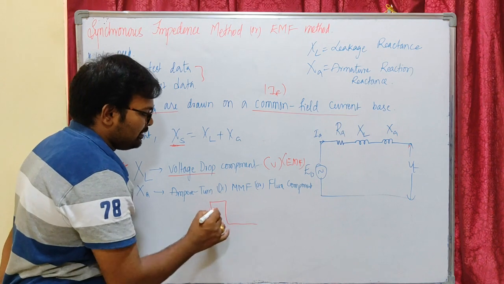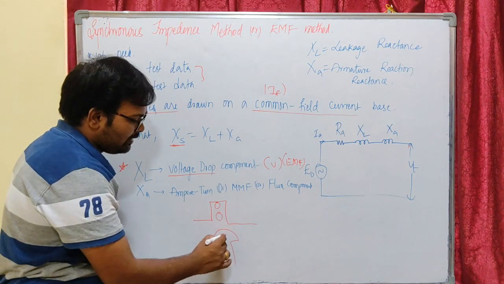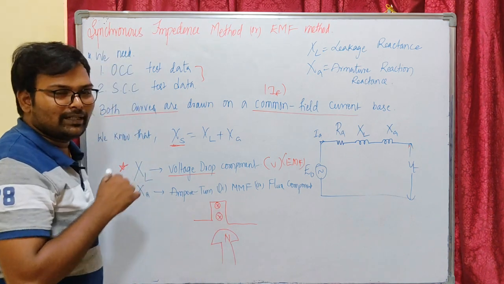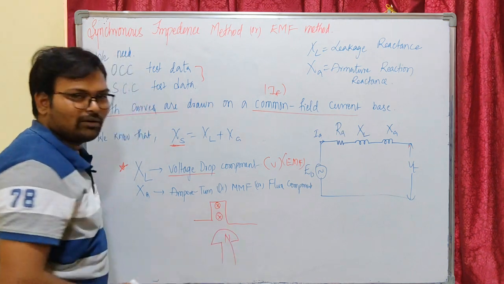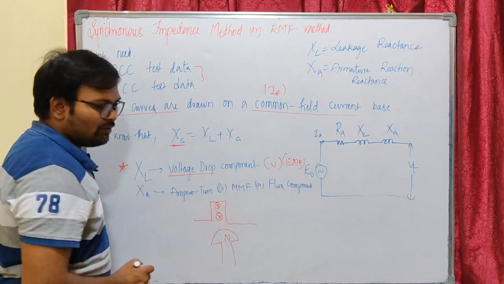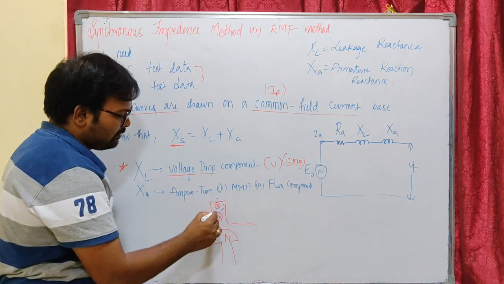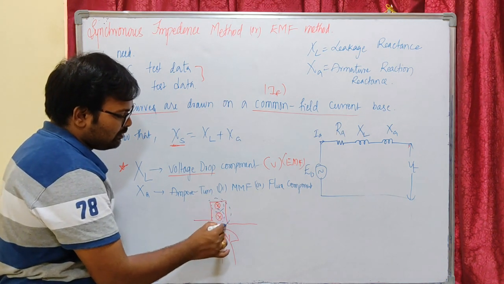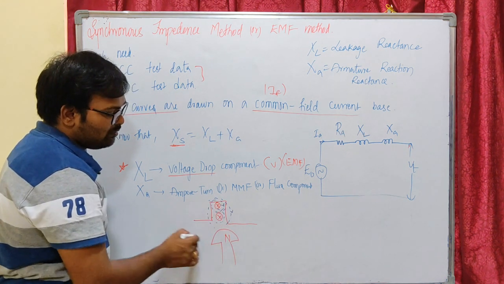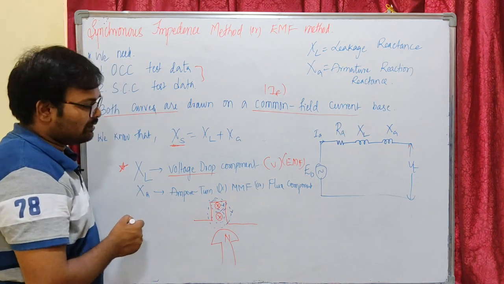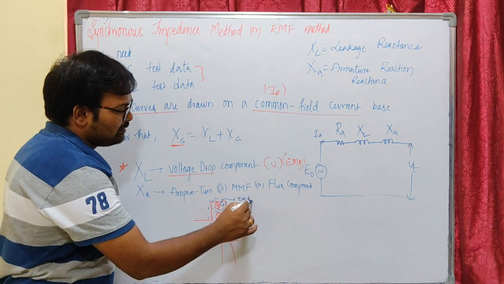Let us consider an armature with double layer winding, and let us consider this is a pole, a north pole. For a north pole, the direction of current will be into the plane. So what is the leakage reactance here? This is the armature, this is the rotor. Due to the current flow in the conductors, there will be a flux induced around the conductors. By applying the thumb rule, I can write the direction of the flux. Some of the flux will link only with the stator core, not with the rotor magnetic field.